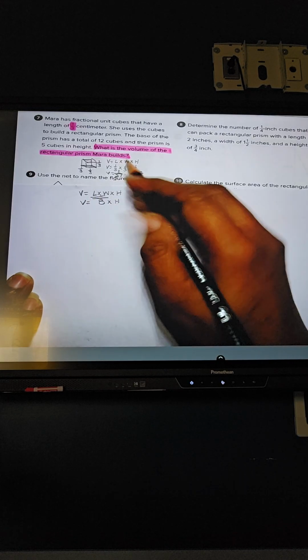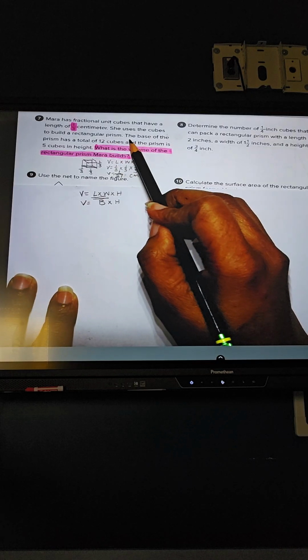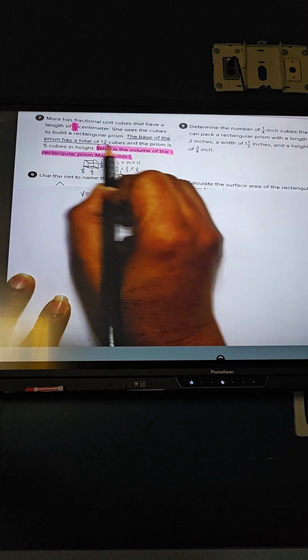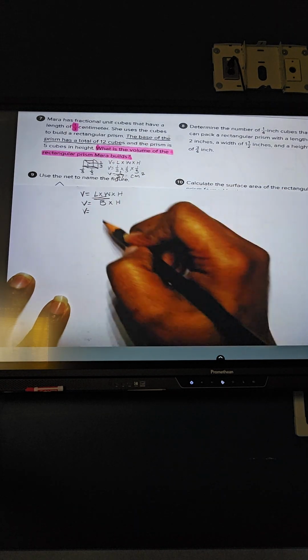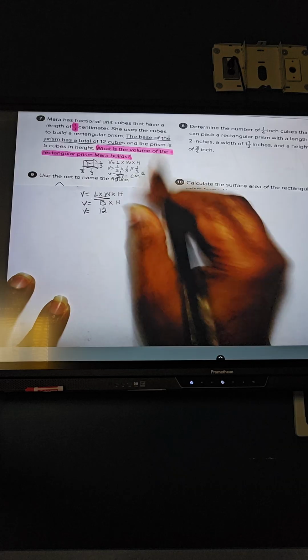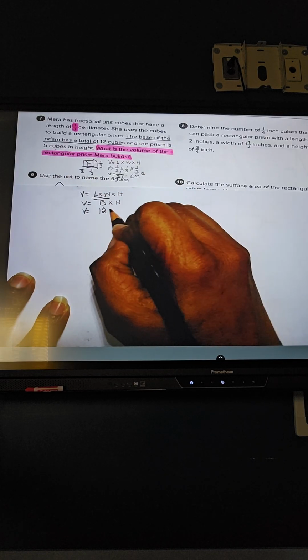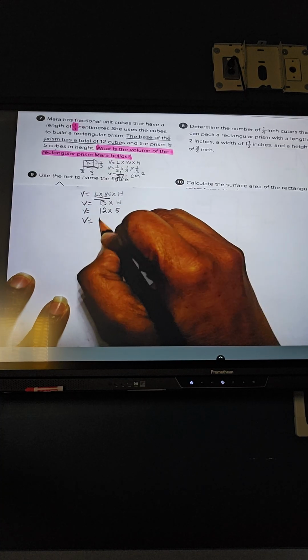They didn't give us length times width, they gave us the base. It says the base of the prism has a total of 12 cubes. So my base is 12. It says the prism is 5 cubes in height. So times 5. So volume equals 60